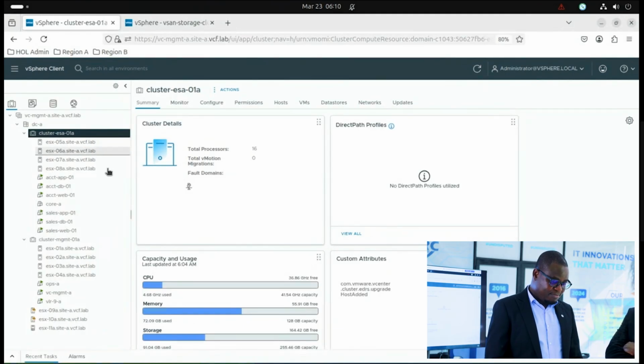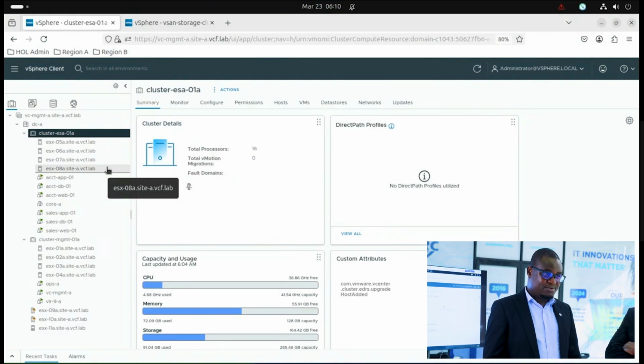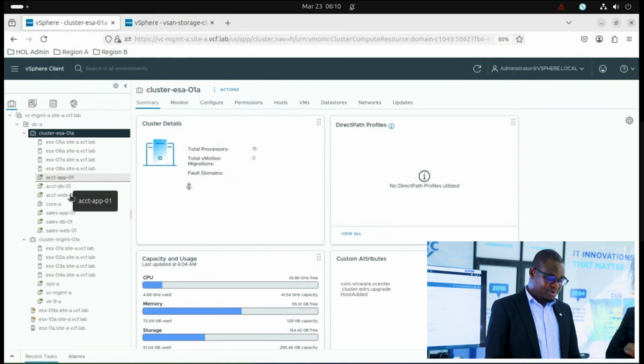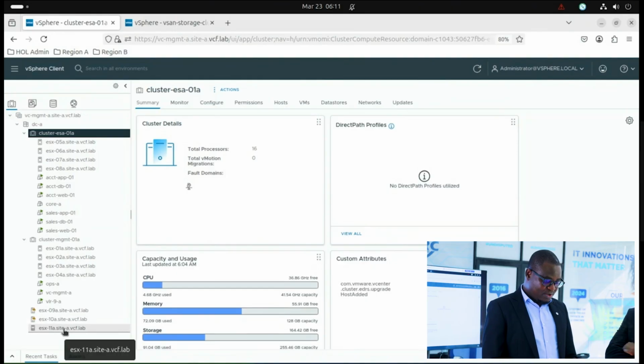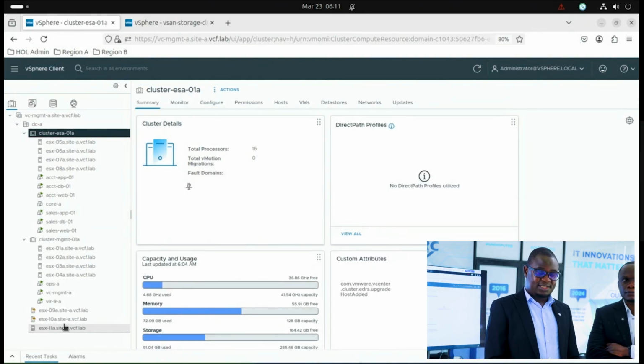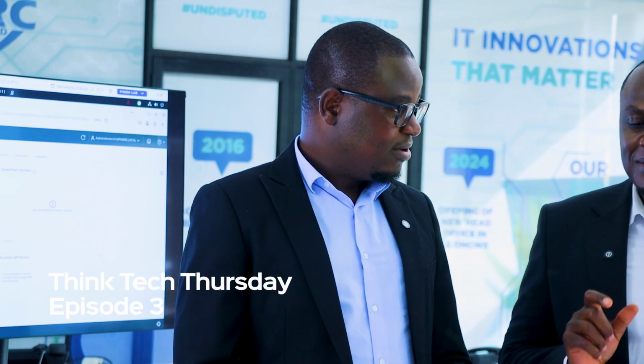Site A is our production site, and you can see we have ESXi hosts. We have 4 of them, and these are physical servers in our setup. And then we have a number of virtual machines which are running from these hosts. I also want to mention these 4 hosts are in a cluster called 01A, and we have another cluster which is the management cluster, where you can see things like the vCenter itself and other utilities. We also have other ESXi hosts which are outside these two clusters. But for the sake of this demo,